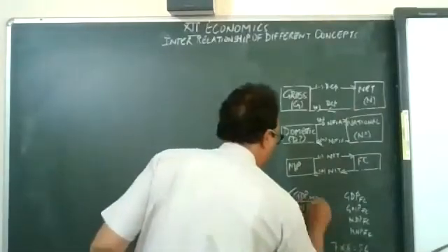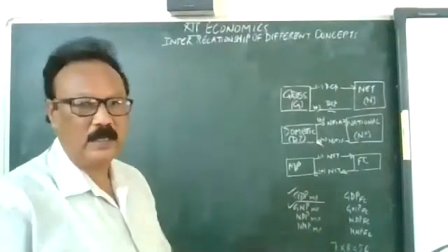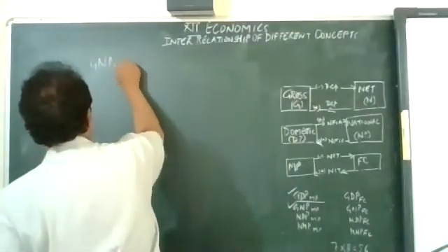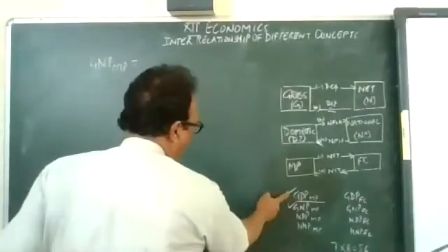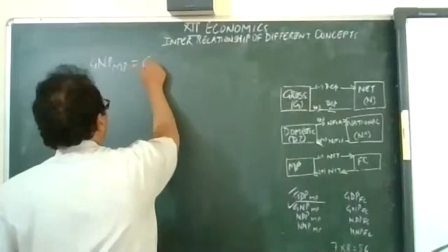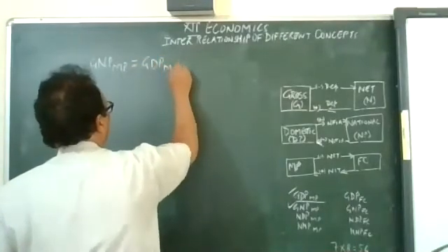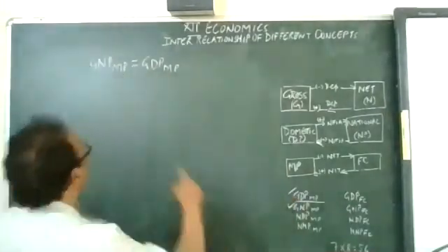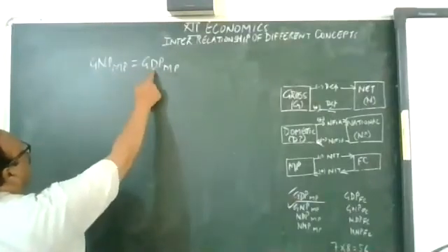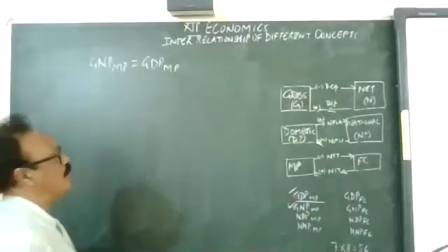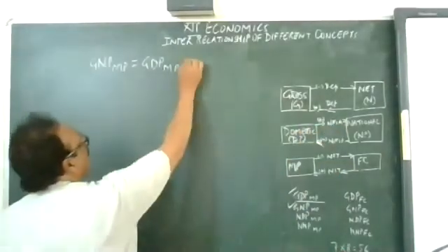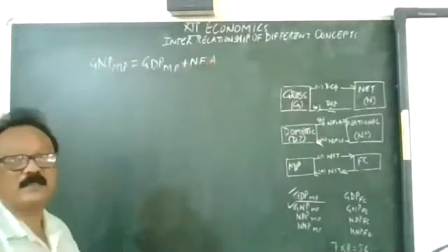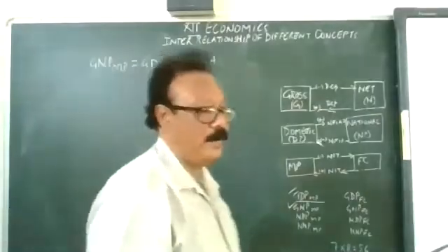Right now, I have calculated GDP at market price using the others. Now I will calculate GNP at market price from the values themselves. Let's say the first value, GDP at market price. I'm calculating it from GDP at market price. Let us look at it. Gross domestic to national, you will add plus NFIA, plus net factor income from abroad.